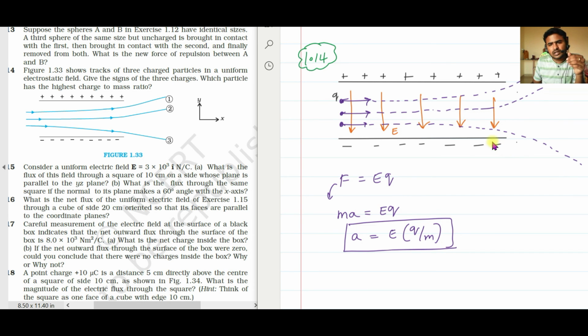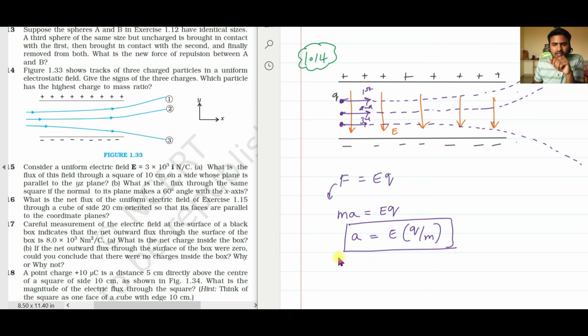Okay. Now if you look at all the three charges, this is my first charge, this is my second charge, and this is my third charge. Look at all of them, which is getting deviated maximum? Third charge. You see here the distance between these two paths is almost the same, they're almost parallel, but this one is deviating maximum. So that means the third charge is experiencing greater force, because that's why it is deviating maximum. So if it is experiencing greater force, it means it is experiencing greater acceleration, it means Q by M should be greater for it. Are you getting the point? So this is how you're going to analyze it.